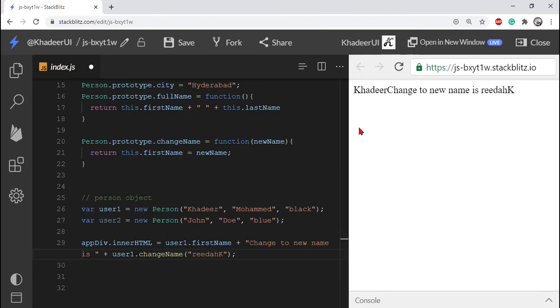Here it displays: Khadir changed, new name is Ridak.